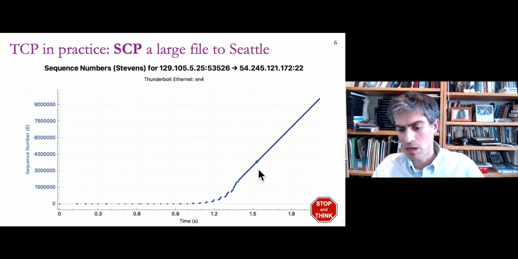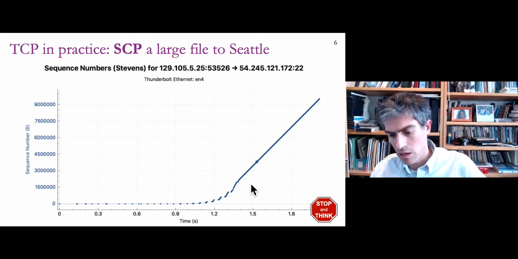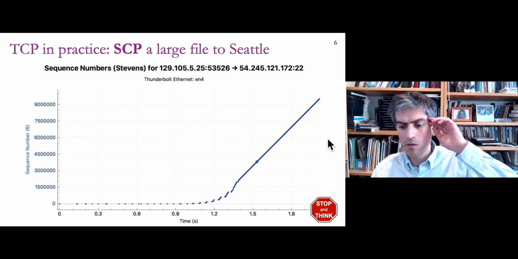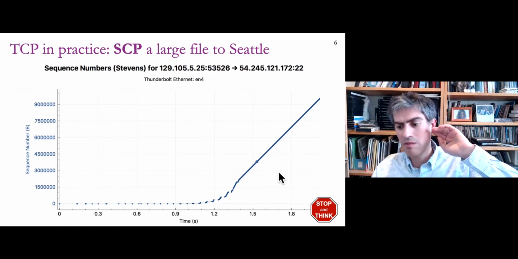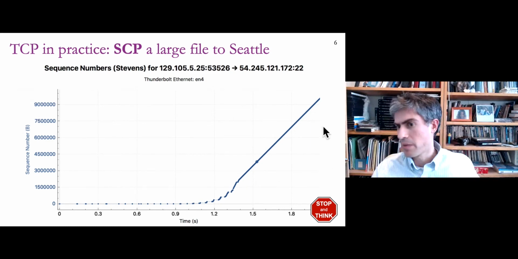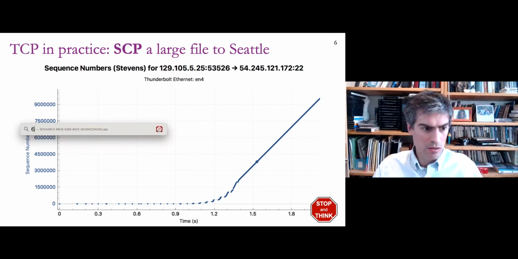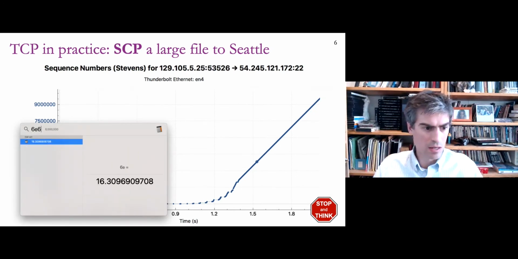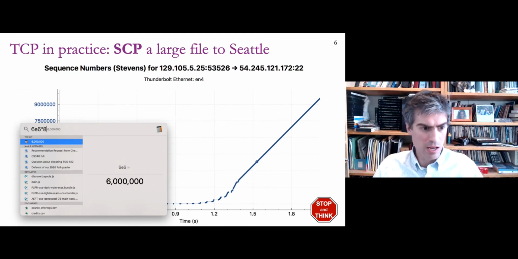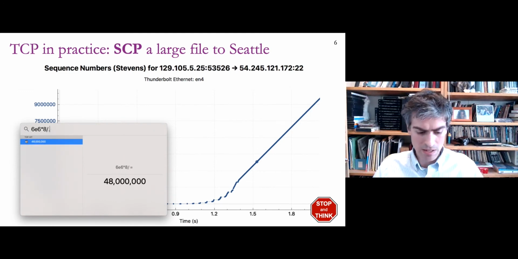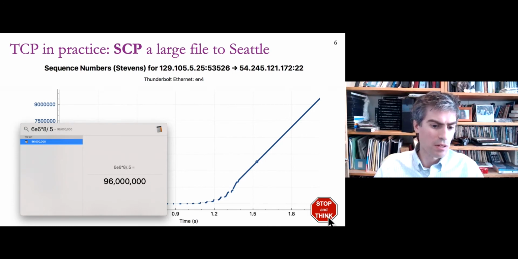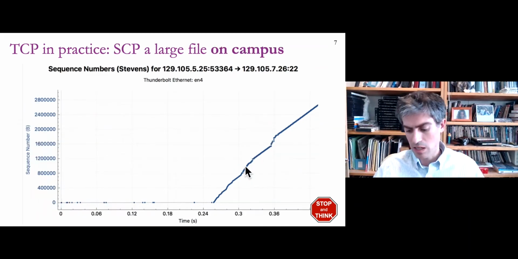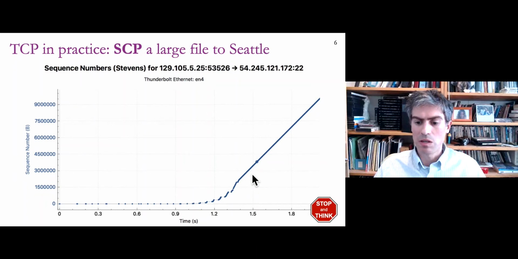On the x-axis, how much time do we have there? Roughly 1.4. We have roughly half a second. So 6 megabytes in half a second. I think so. 6 megabytes times 8 bits per byte divided by half a second gives us roughly 100 million bits per second. So the slope of this line is precisely equal to 100 megabits,